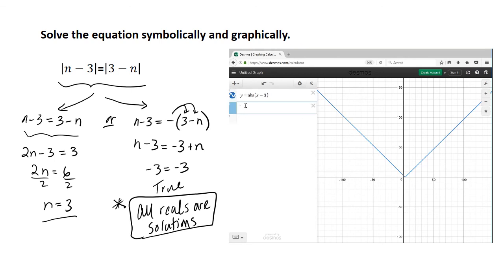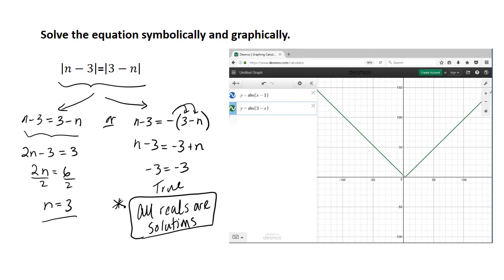And when we plug in the second side, y equals the absolute value of 3 minus x, what you see is that our new green graph is right over top of the blue one. I can toggle back and forth and turn these off. If I take the green off, you see the blue graph. Put the green graph back on, you don't see the blue graph anymore because the green graph is right over top of it. So these two graphs are exactly the same,